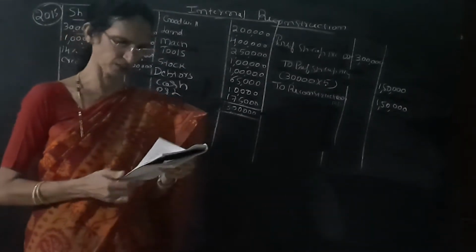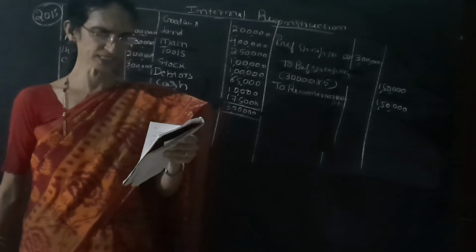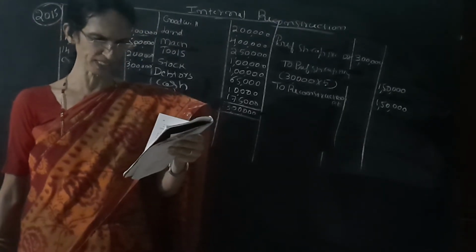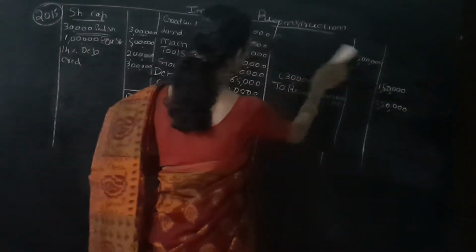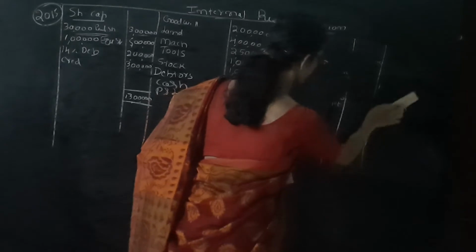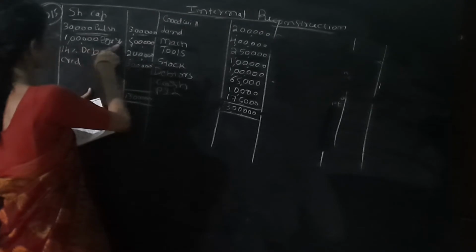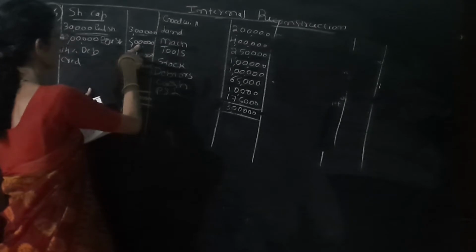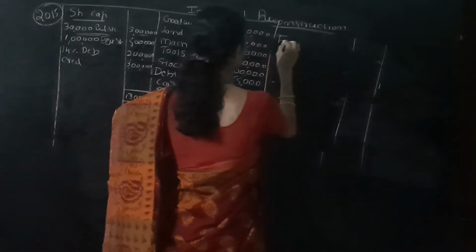See the next transaction, once again it is given: equity shares to be reduced to shares of rupees 1 each. Next we have to change the equity shares. So, second journal entry. See here, equity shares: 1 lakh equity shares, the amount is 5 lakh, so each share value is 5 rupees. First we write the equity share capital account debit as it is. Here we take the amount given in the balance sheet, which is 5 lakh.